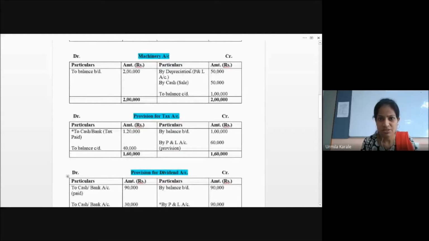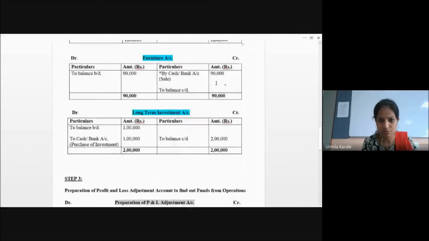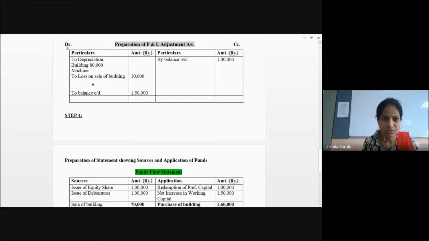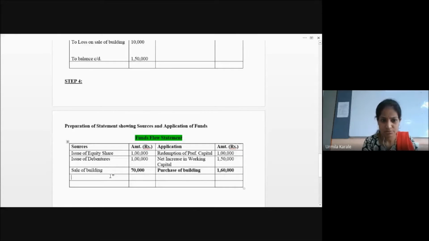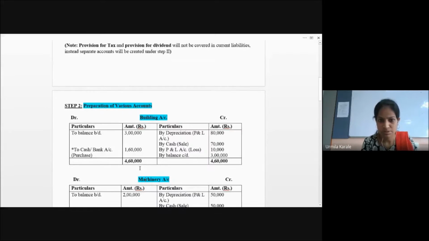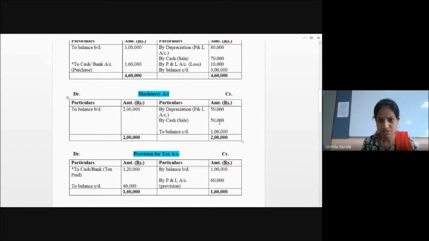Leave it. Now depreciation on this is 50,000, and this one is a sale of 50,000. So both amounts will be written. This will go to the profit and loss account debit side. This will go in the fund flow sources side. 50,000 depreciation, 50,000 inflow as a sale. 50,000 depreciation of machine, here I am writing. So this plus this depreciation, total amount I am writing here: 1,30,000. Sell kiya hai 50,000 ka. Sale of machinery 50,000. Building was done. Machinery depreciation is done. This is also done. Right? This account is entirely done.